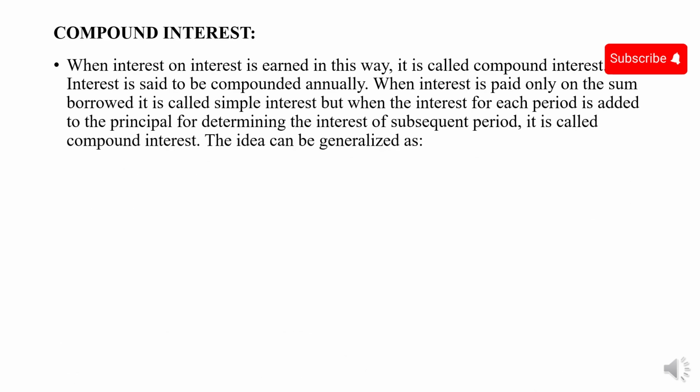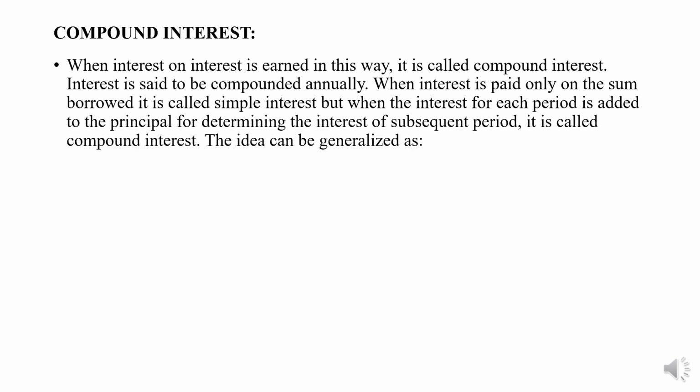So what is compound interest? When interest on interest is earned in this way, it is called compound interest. Interest is said to be compounded annually. When interest is paid only on the sum borrowed, it is called simple interest. But when the interest for each period is added to the principal for determining the interest of the subsequent period, it